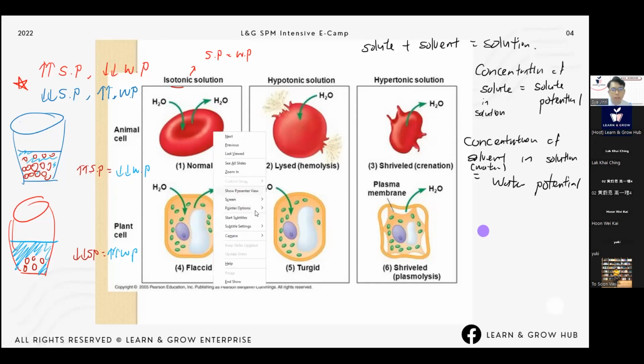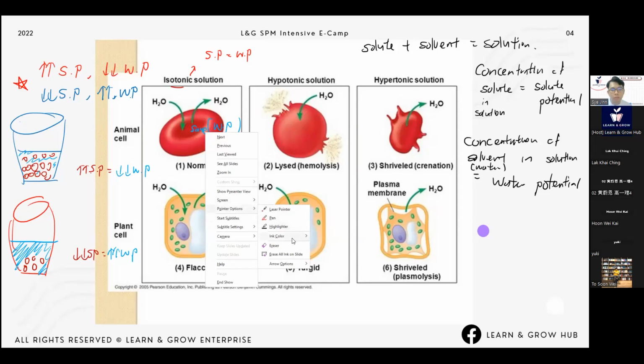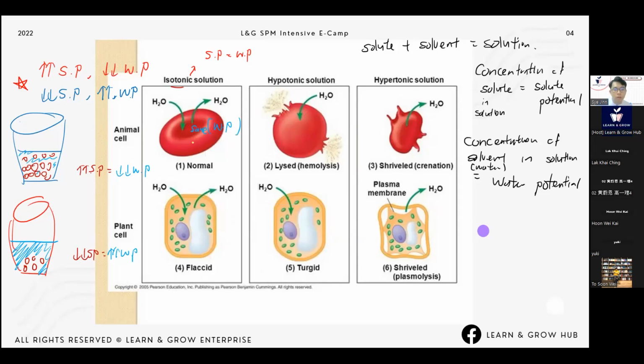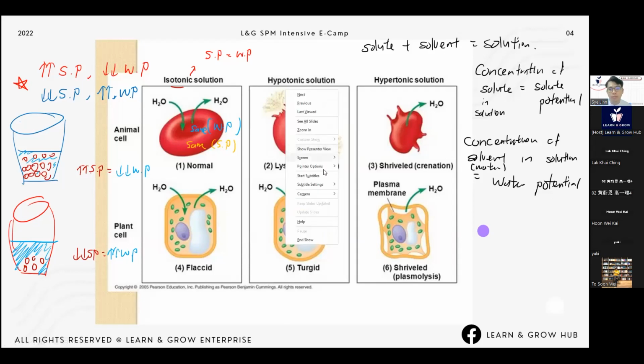For example, like here and here. So here the water potential is the same. For solute potential, it will also be the same. Okay, but for hypotonic condition,